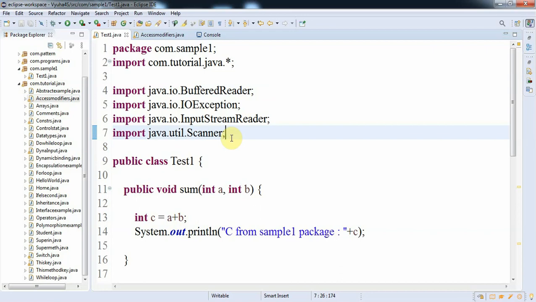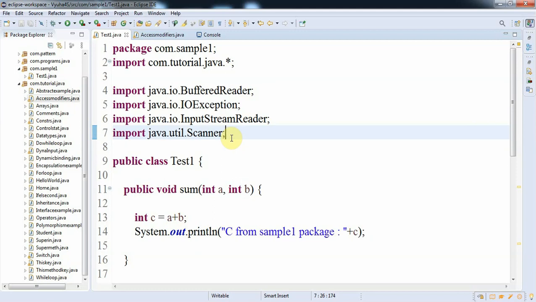And the second type is, in Java, we can define our own packages, which are also called user-defined packages, and sometimes we can also call them custom packages. So default packages have their own functionality, and using user-defined packages we can create our own functionalities which can be utilized over different other packages.